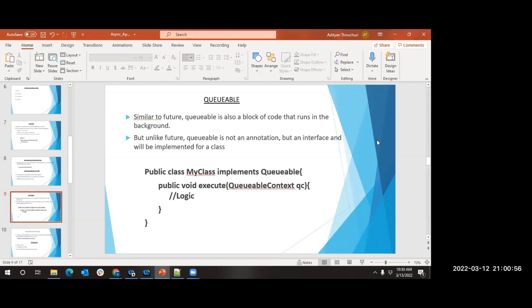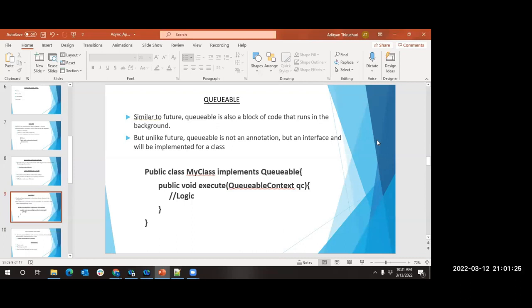But there is one thing that you have to take into consideration. When you are trying to extend one class into another class, though you do not use all the methods, that is still fine. Though you do not use all the methods from your base class, it is still fine. But when you are implementing an interface, you have to use all the methods that are present in your interface. If you do not use those methods, then your class will throw an error. Okay, I will not go too deep speaking about class and interface here. Our topic is mainly on asynchronous apex here.